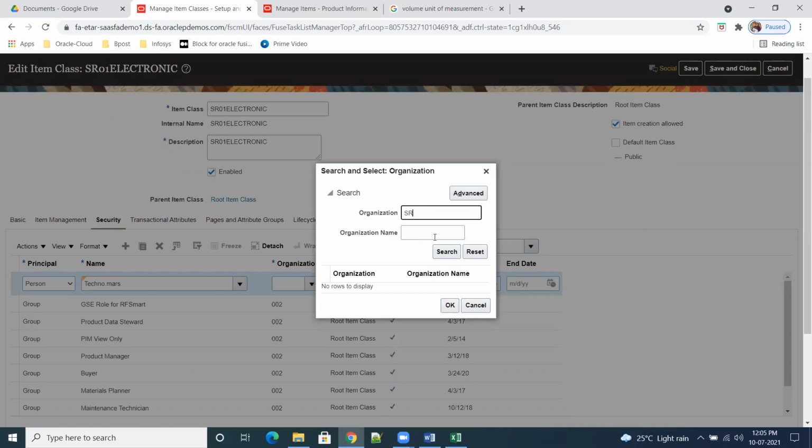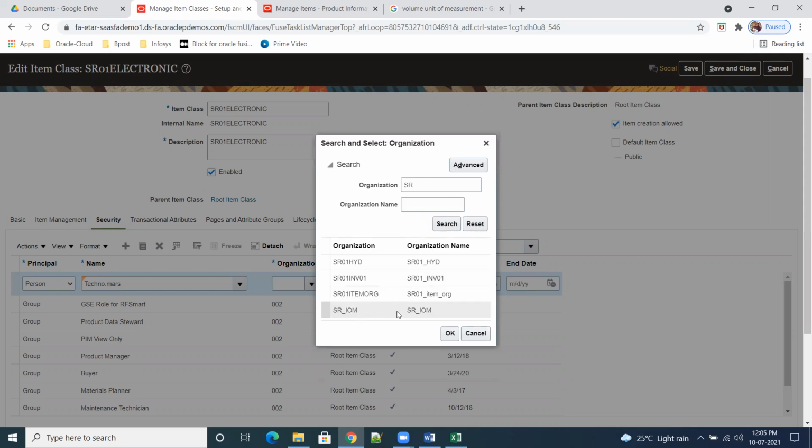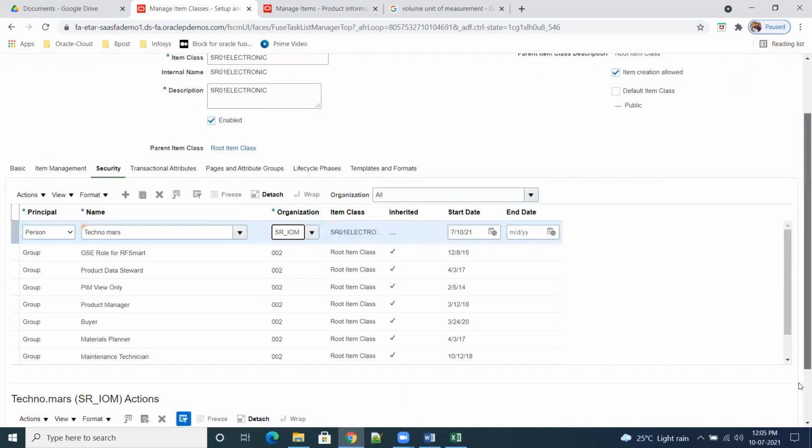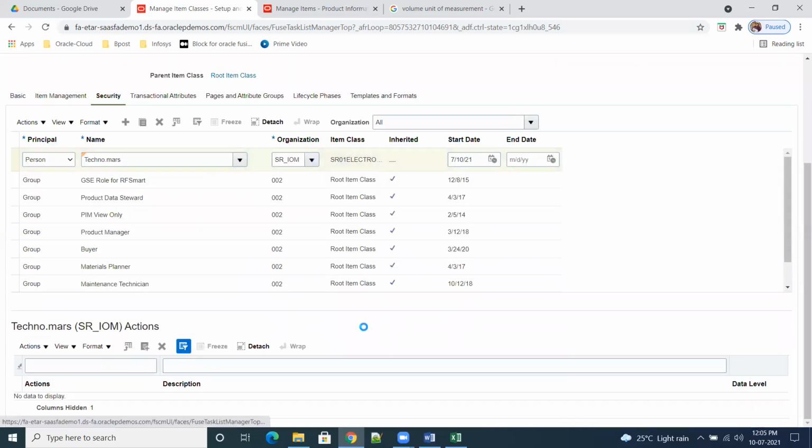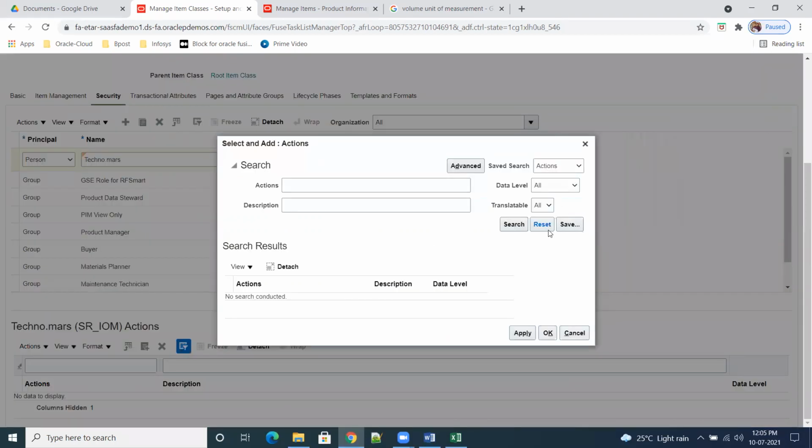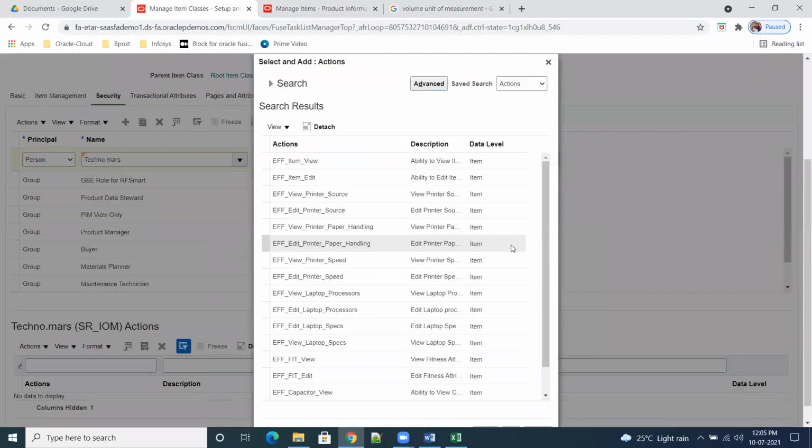Item SR01 IOM. SR01 underscore I. After taking your organization class, you need to define the actions. What actions can the person do? Means creation, updation, edit, all kind of stuff.